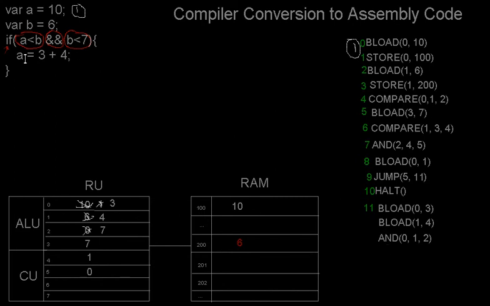There's nothing else to do for this block, except we haven't actually updated what we're going to have for address A. So in order to change that, my address A was referring to address 100. Now how did I put it in initially? I had to use this store command. So I'll have to update that. We'll need to store the contents of register 2, where we stored the result, into address 100. This will then update our program